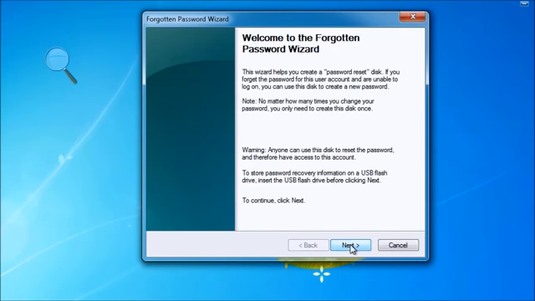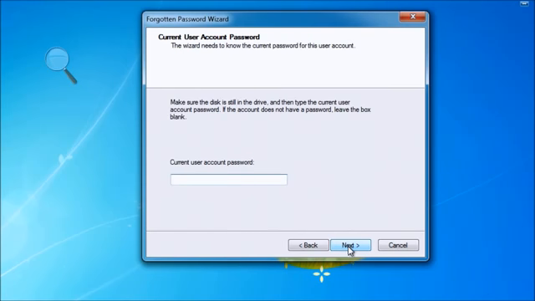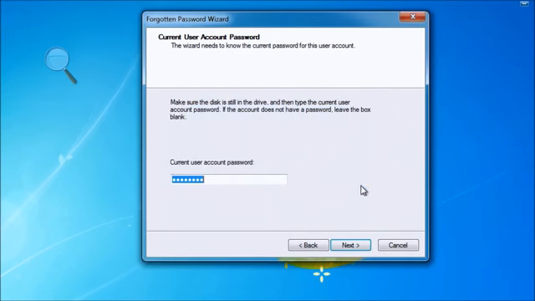For example, you may not have a floppy disk or a DVD burner on that computer, and you may have forgotten your password. For legitimate reasons, you can go ahead and use a different utility, and that is called the Offline Windows Password and Registry Editor. It is absolutely free, 100% freeware, and I'm going to show you how to get it, use it, and get